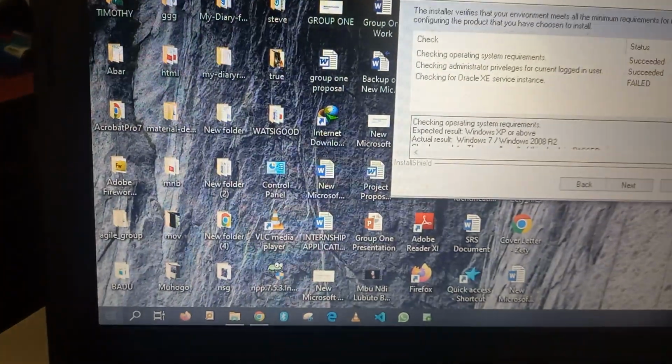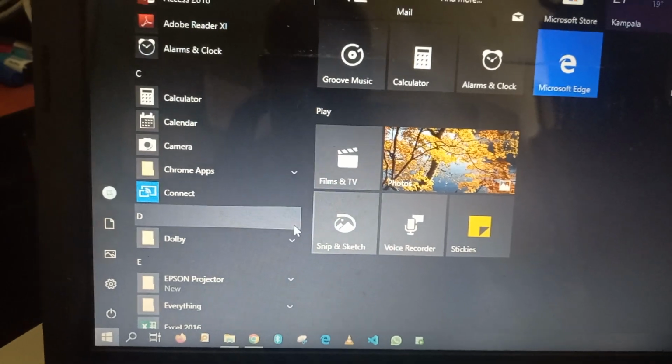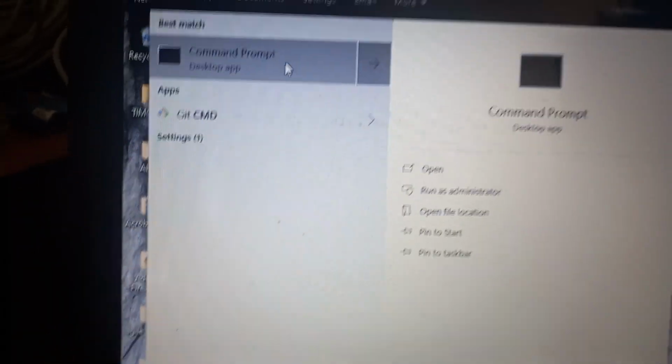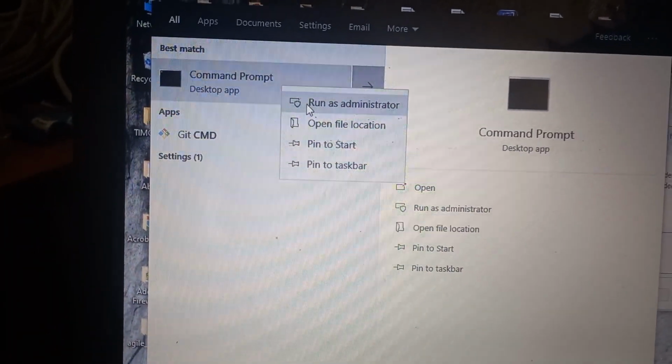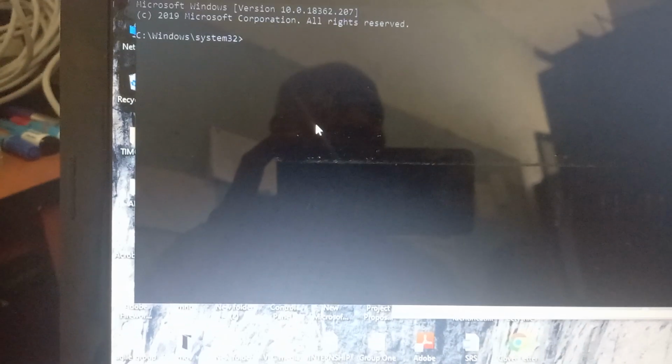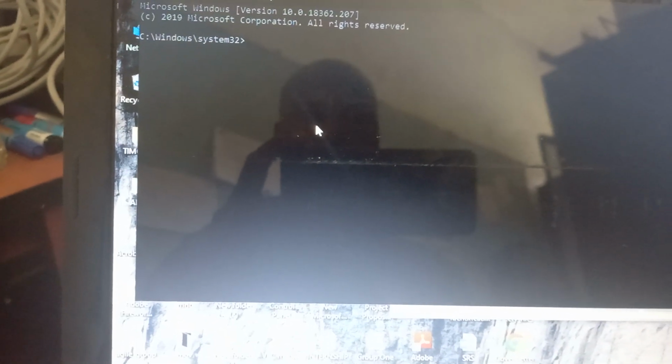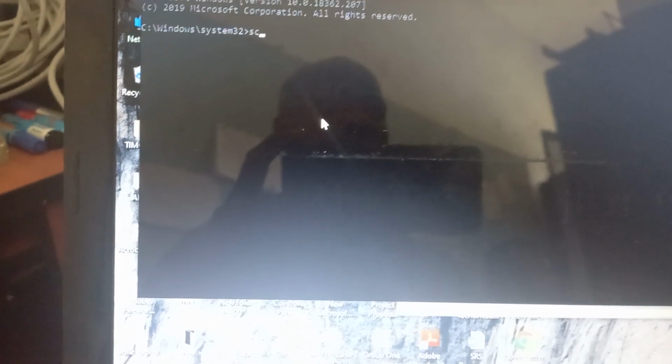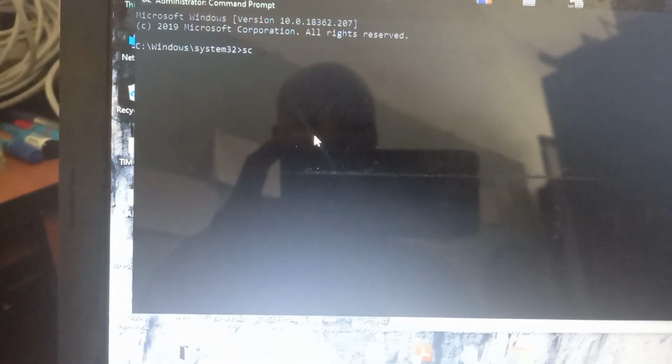Let's first remove this, then open command prompt and run it as an admin. Okay, after that you type in this command on your computer: sc, then delete,